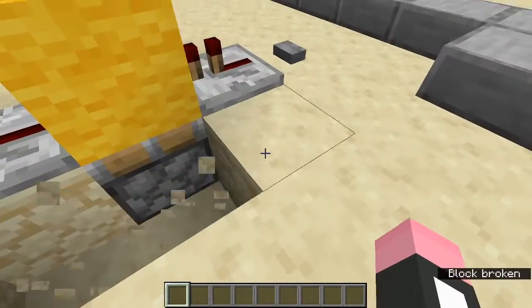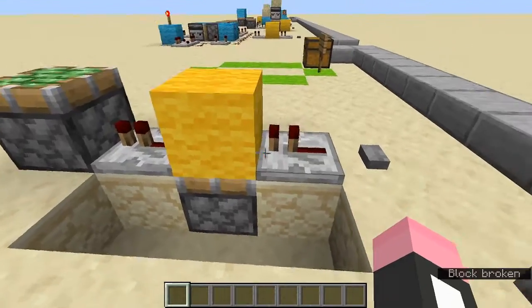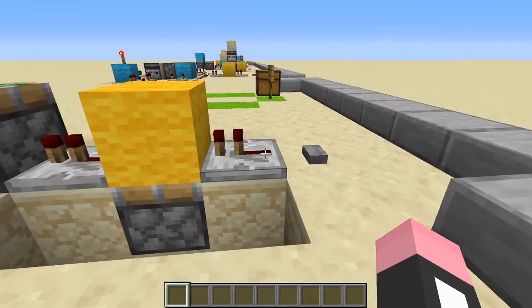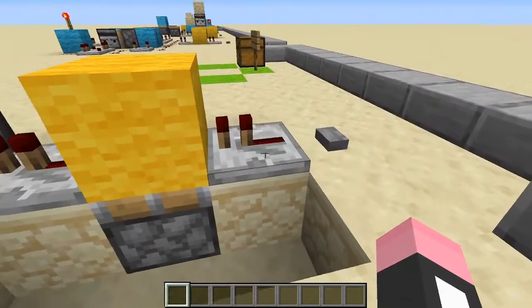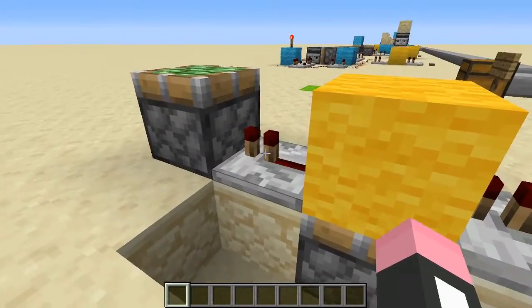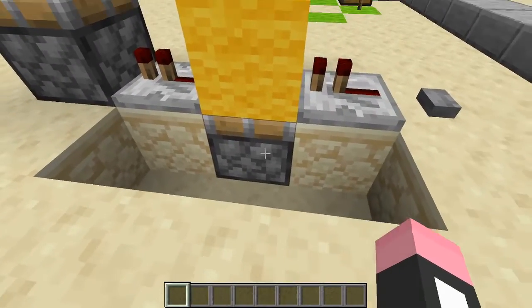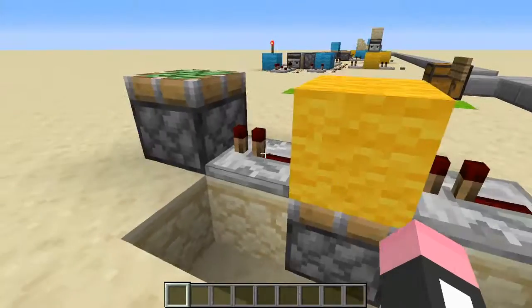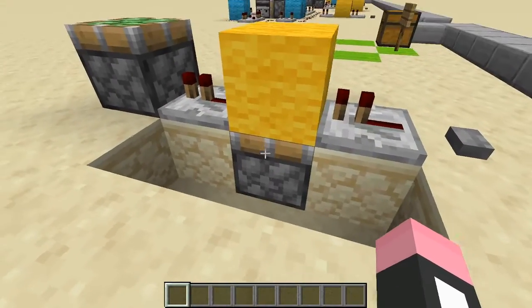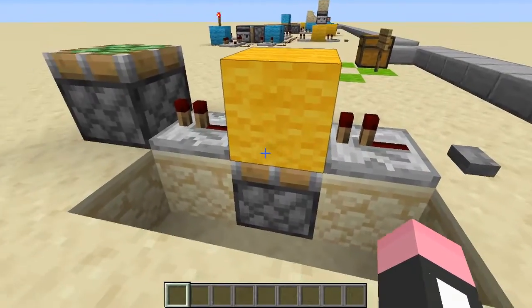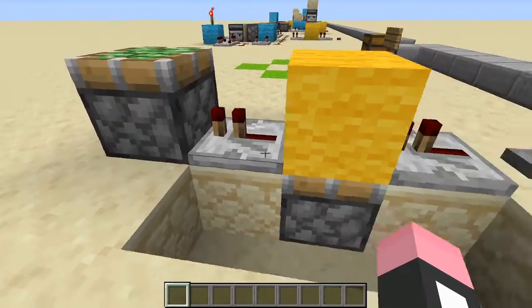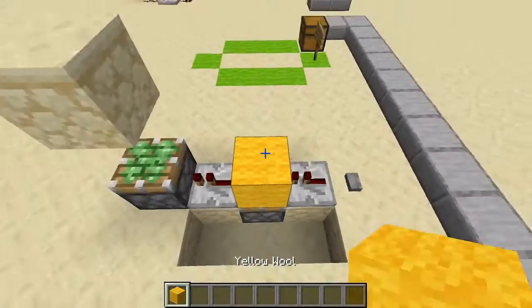So how does this work? I'll just make it clear for you guys to see. When I press this button, this repeater will be powered, and then this repeater will power two components. This repeater and also this piston, which will act like a circuit breaker. And also these two components have a 1-tick delay. So after 1 tick of delay, this repeater will be on and this piston will be extended,